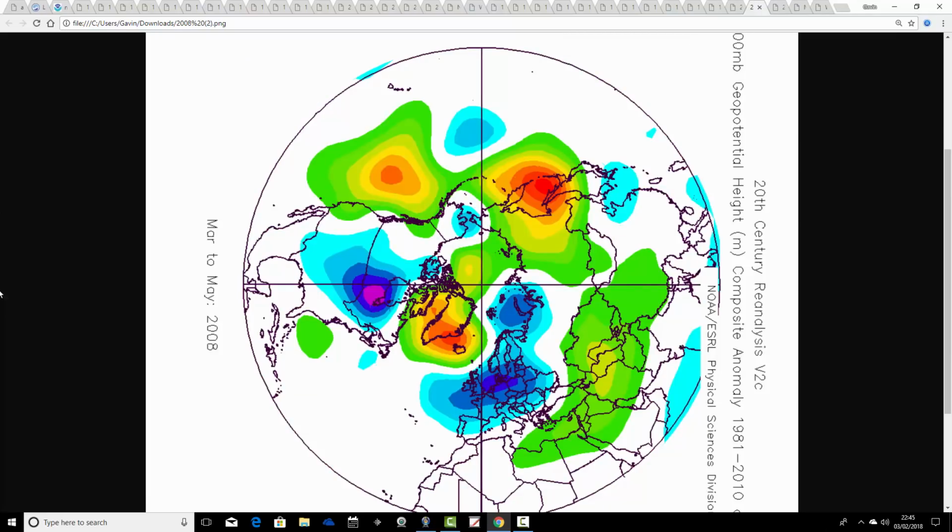Then we've got 2008. This is quite a cold and unsettled spring that we have here, with below average heights over and to the east of the UK, above average heights around Greenland and Iceland. This just begins to shift the pattern to something colder after the mild winter of 2007-2008. The spring of 2008 starts mild at the beginning of March, then around Easter, which occurred very, very early